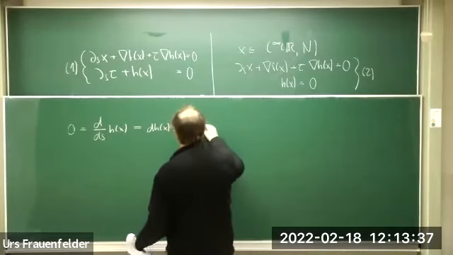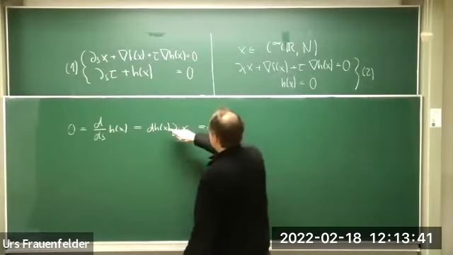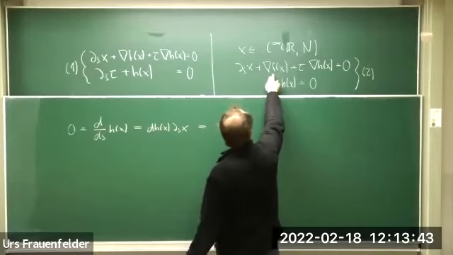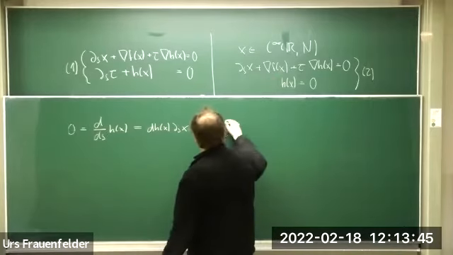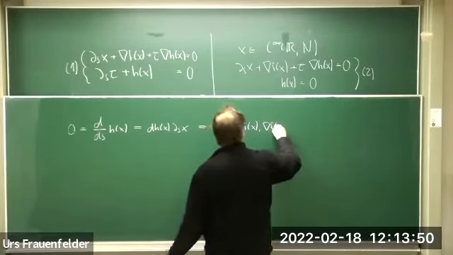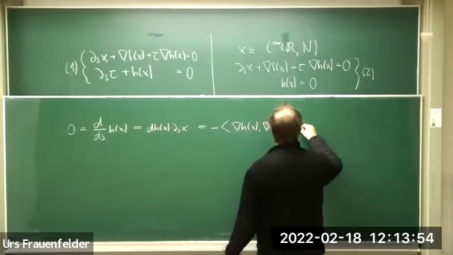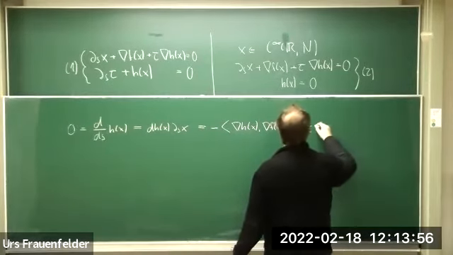So this gives minus dh applied to nabla f, so I can write minus gradient of h, gradient of f, and then minus tau